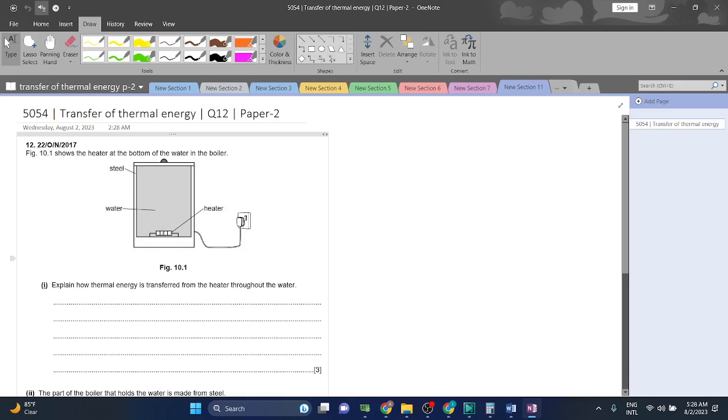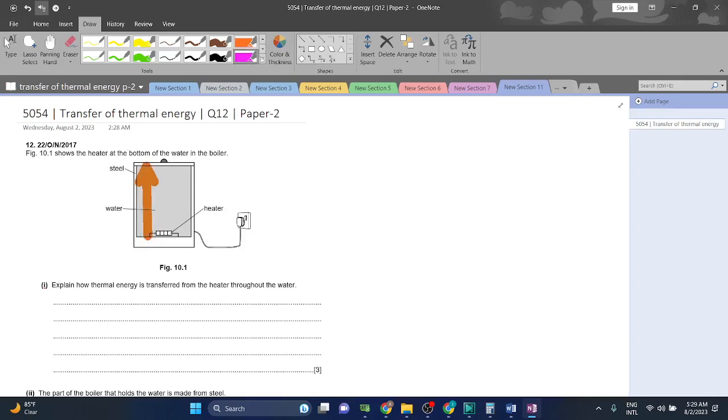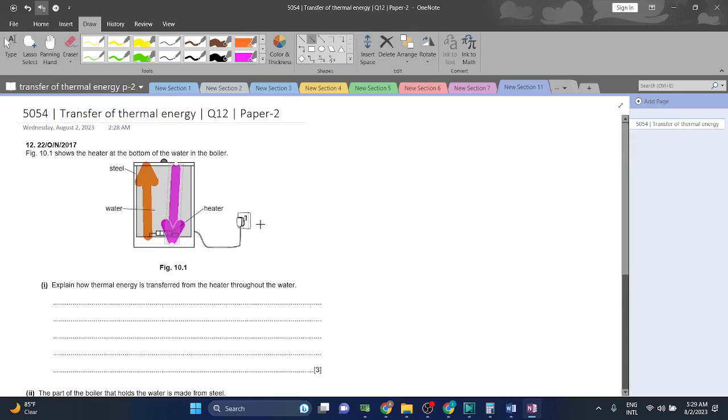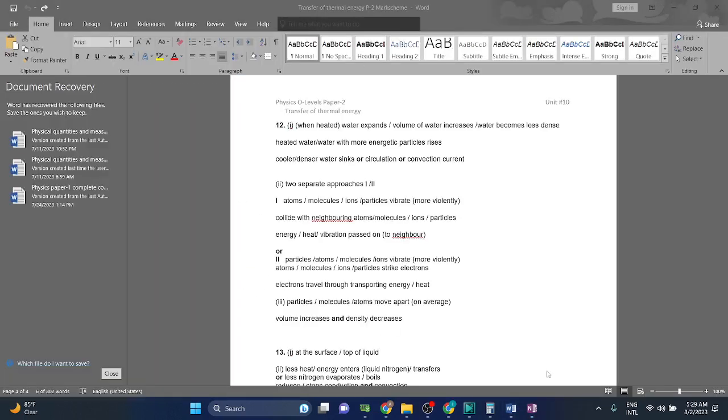अच्छा, अब heater शुरू में क्या करेगा? It will heat up the water around him. When the heater does that, the water becomes warm, and when the water becomes warm, it becomes less dense. And when the water is less dense, it rises to the top. And जो पानी टॉप पे चला गया वो तो टॉप पे चला गया. But the cold water which will come down, it will sink because the cold water is denser in comparison to the hot water. So that creates a convectional current, and that is how it is